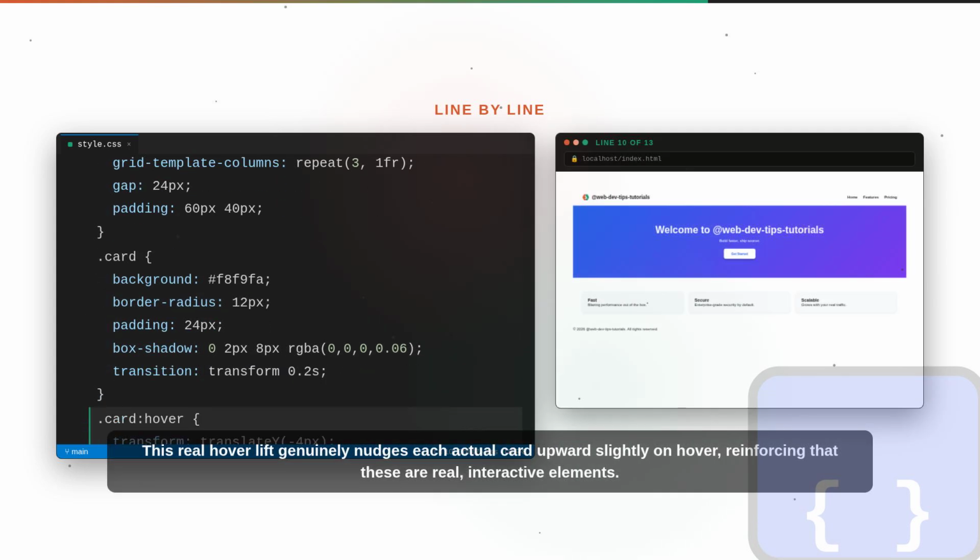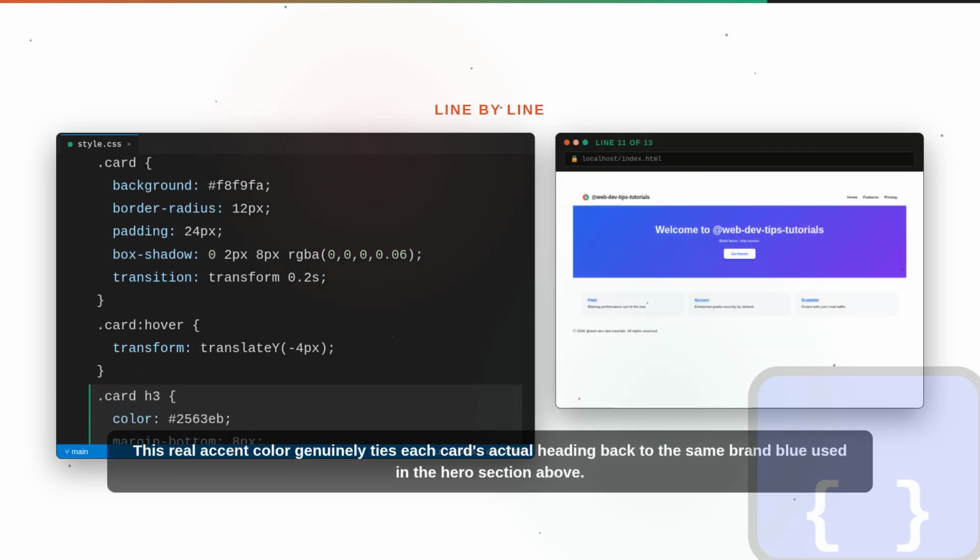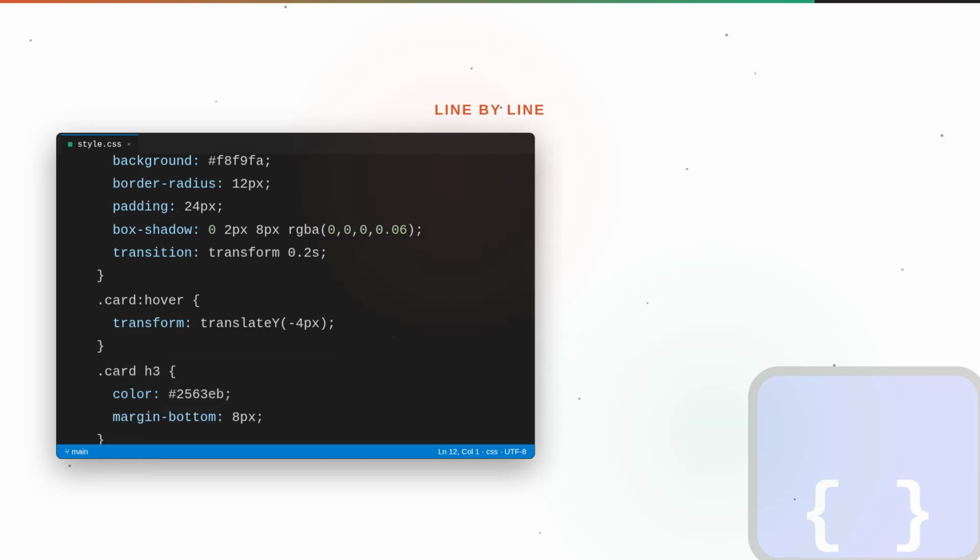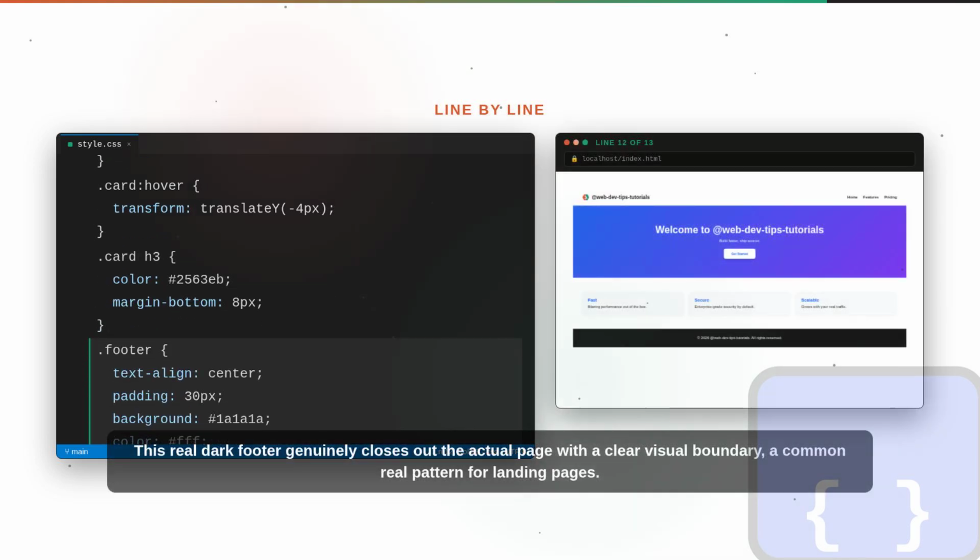This real hover lift genuinely nudges each actual card upward slightly on hover, reinforcing that these are real, interactive elements. This real accent color genuinely ties each card's actual heading back to the same brand blue used in the hero section above. This real dark footer genuinely closes out the actual page with a clear visual boundary, a common real